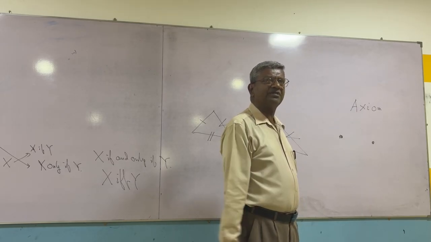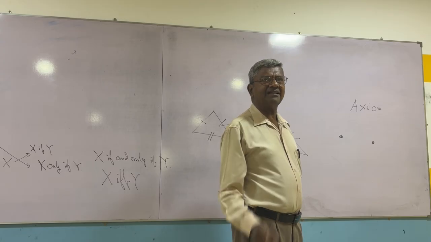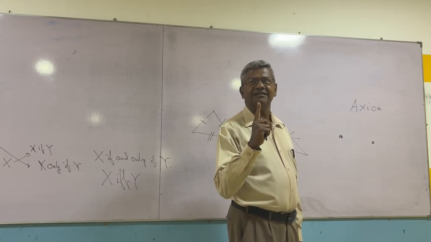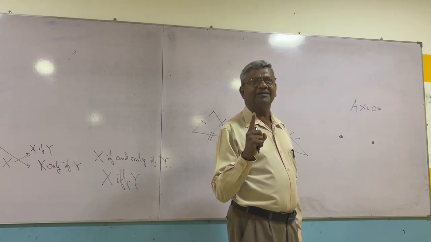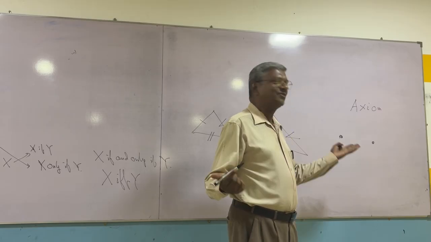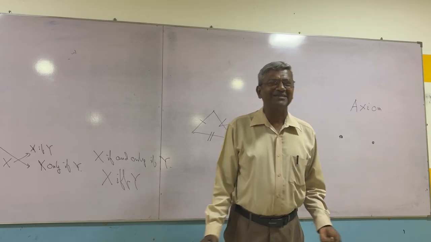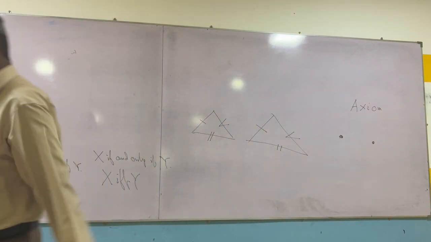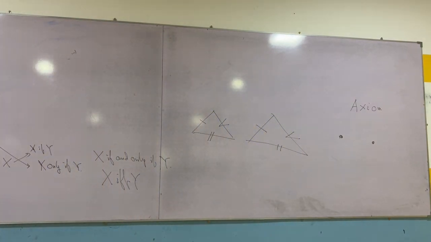Between these 2 points, they are distinct points, there is a unique line. Nobody can prove it, but it is taken for granted. Because it is true, no? I mean, if you take 2 distinct points, of course, there is a line. So that is an axiom in geometry.